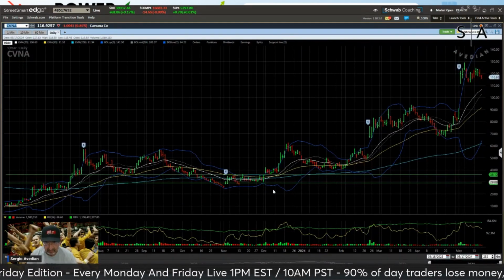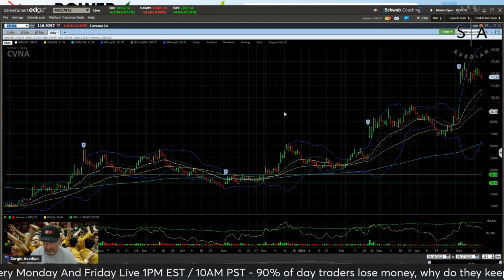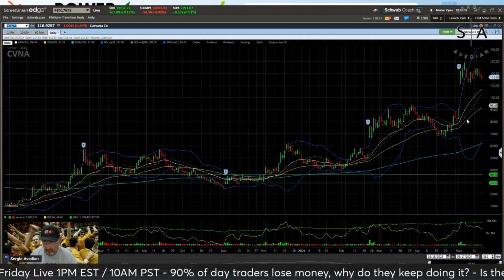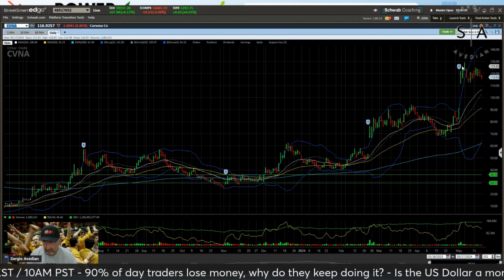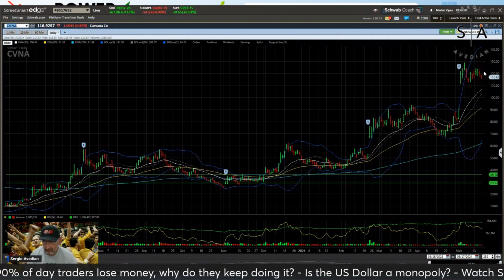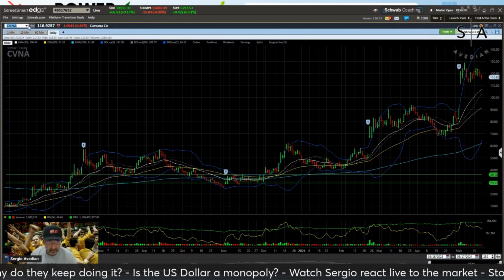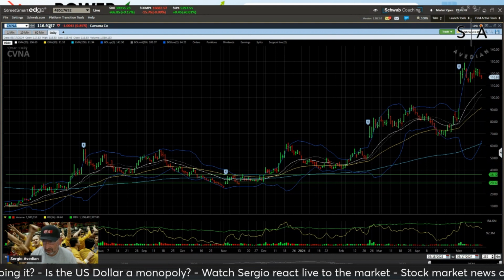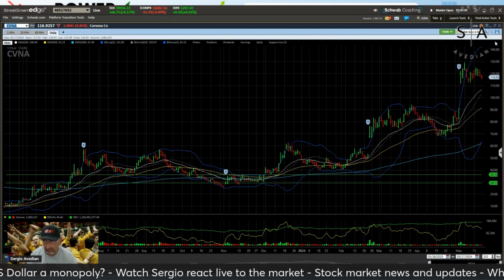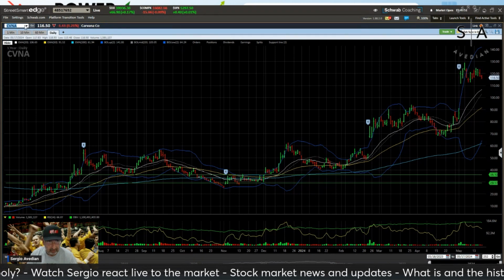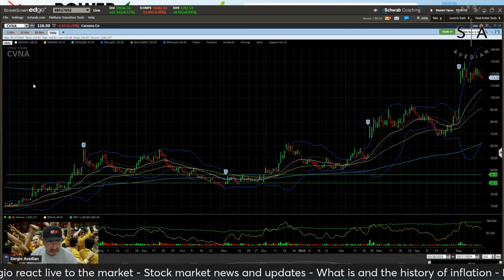There is Carvana that I'm watching. Look at this. There's another uptrend. I don't know what to say. Now the stock went up massively on earnings. Now what is it doing? It's consolidating. That's what stocks do. They go sideways after they break out. Now, do I need to be in it? No, but on the next breakout, I will definitely be participating on the next leg up or next leg down.